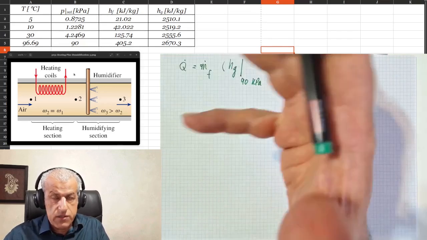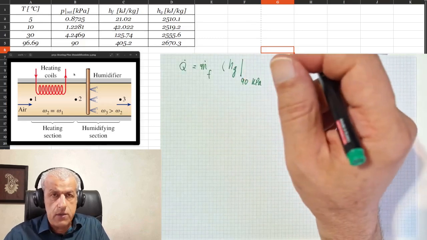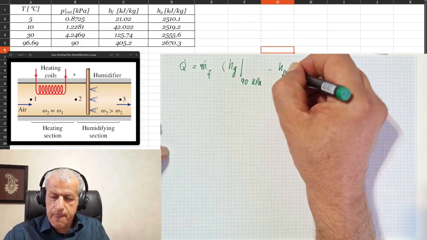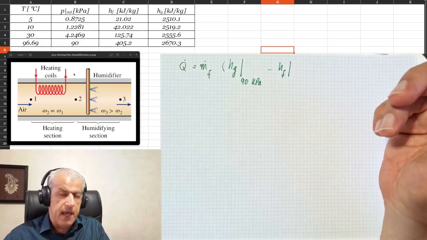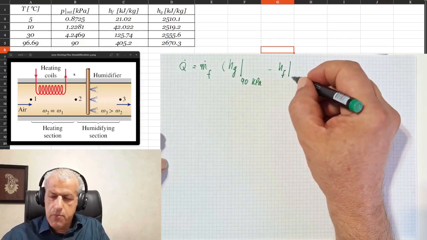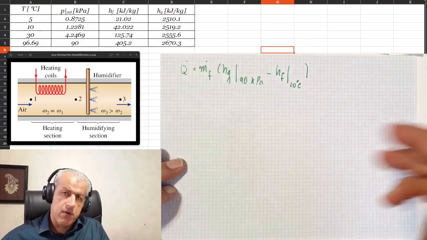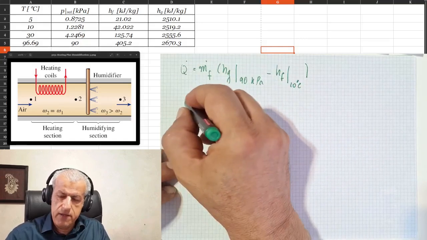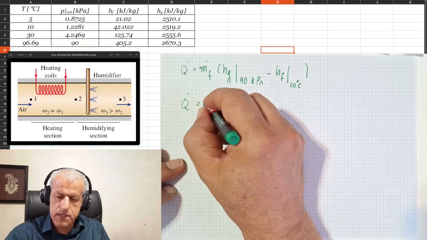We have just boiled the water. That's all there is to it. Minus HF at whatever pressure that it was, which was perhaps the ambient temperature, but it is 10 degrees C. Now we have all the information that we need to calculate this value, and therefore Q dot would equal